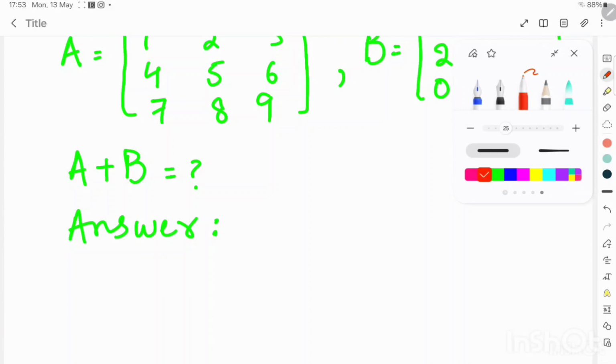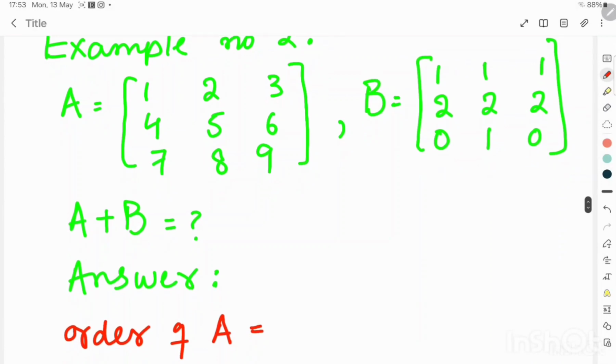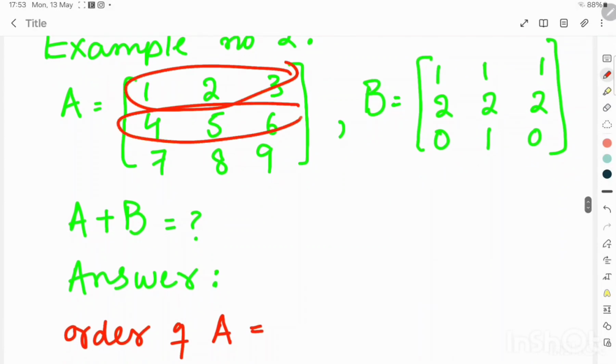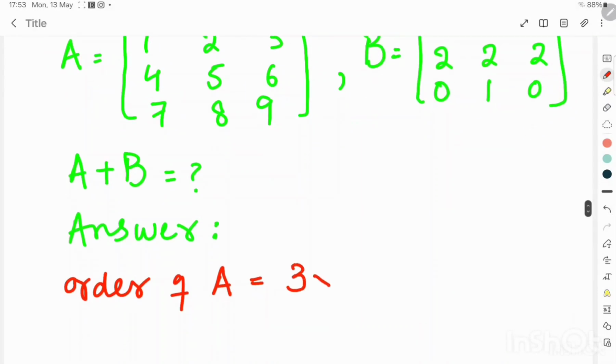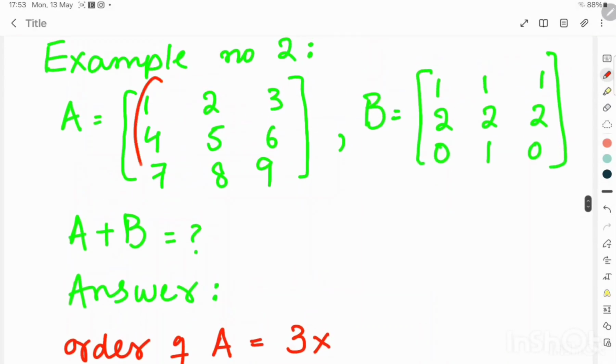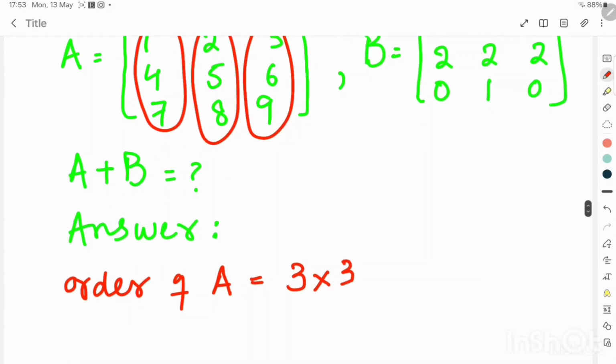Okay, now the first step will be that I will find the order of matrix A. Okay, student, and you know how we can find the order of any matrix, as there is a formula which is used to find the order of a matrix, which is number of rows multiplied by number of columns. So in matrix A, the number of rows are 1, 2, 3. So I will write 3 multiplied by the number of columns. Here the number of columns are 1, 2, 3. So here again I will write 3.